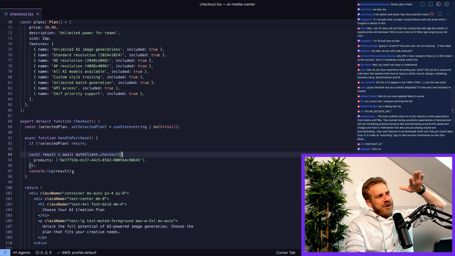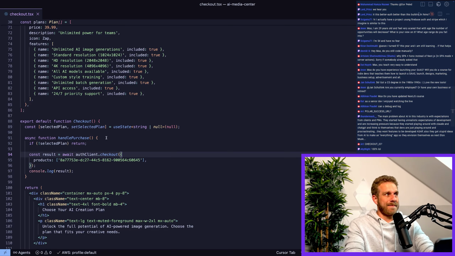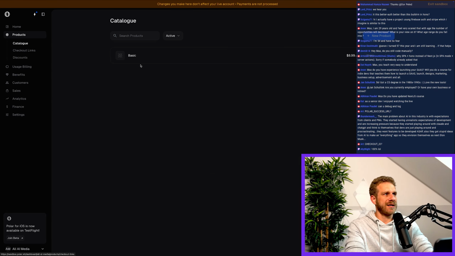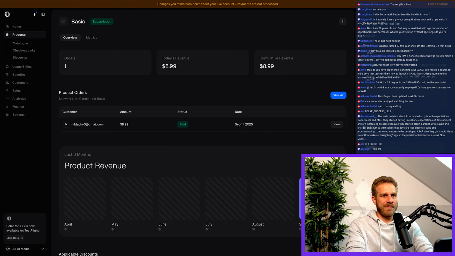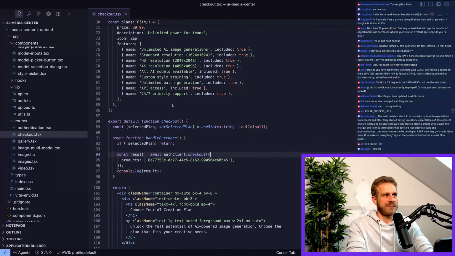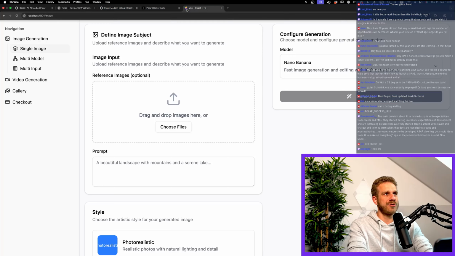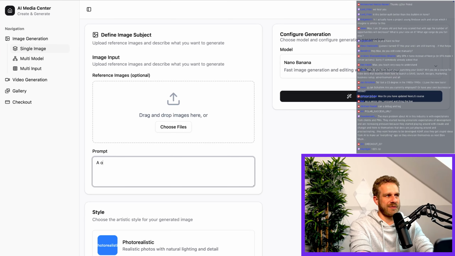Okay, so now we got this. We built this. Now let's add more products. Or actually, let's use this metering. I think that's the more interesting part. You might recall I added these credits to this subscription, 100 image generation credits. It's hidden by the chat here, but I added 100 image generations to this product. And the idea, of course, now is that if a user goes to this page and wants to generate an image of a horse,